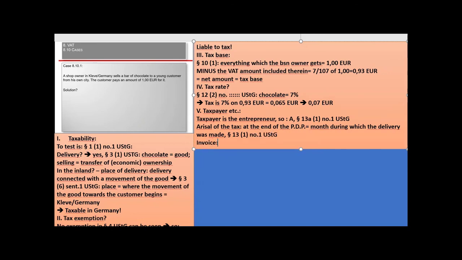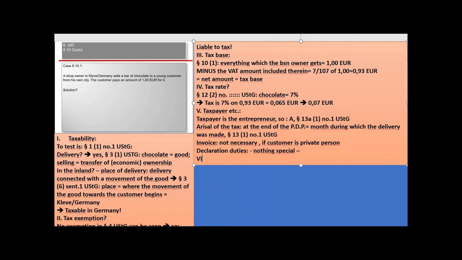Invoice, not necessary if the customer is a private person, because for private consumers you cannot recover input tax, so not relevant. Declaration duties, nothing special. Sometimes there are some peculiarities, strange things combined with these cases, which we did not foresee when we designed the testing scheme. None. Number 7, input tax